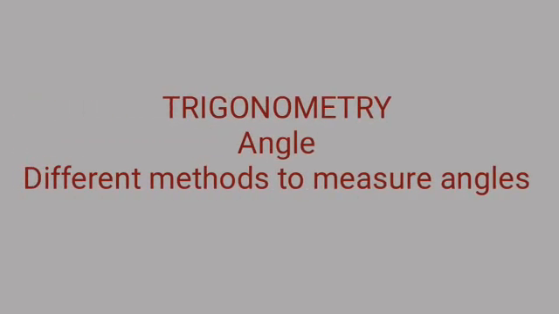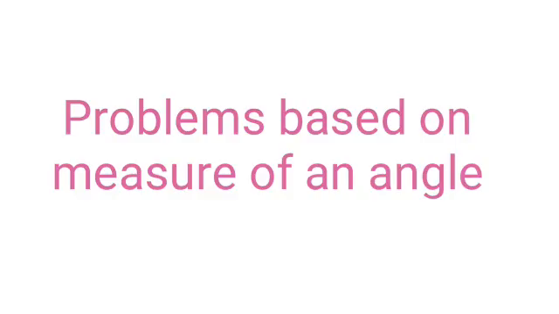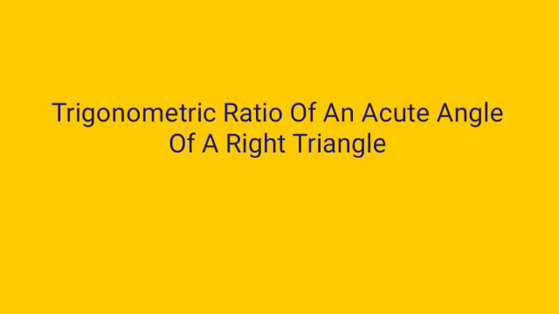In the last video, I started a new unit, that is trigonometry. In that, I defined what trigonometry is, and also defined angles and the different methods to measure them. I discussed the British system, the French system and the radian method for the measurement of different angles. Also, in part 2 of video 1, I discussed some problems based on the concepts discussed there. Here in this video, I am going to start trigonometric ratios